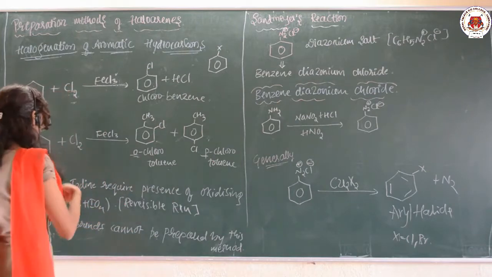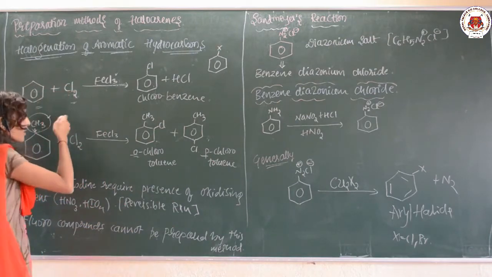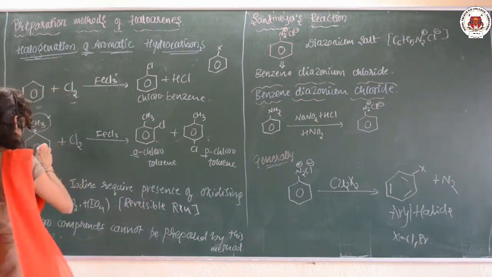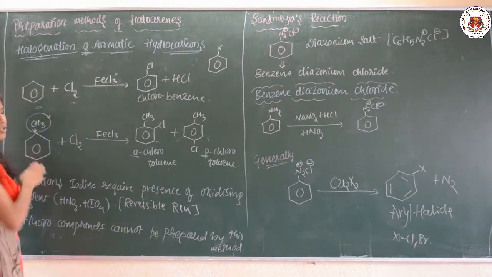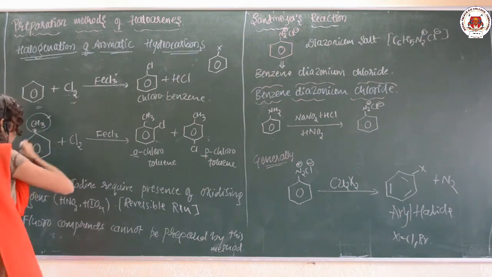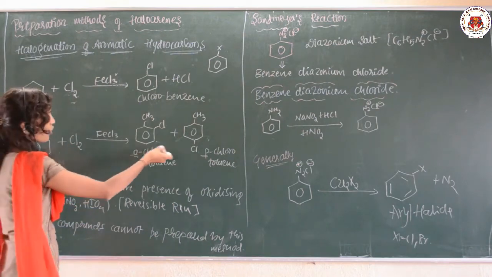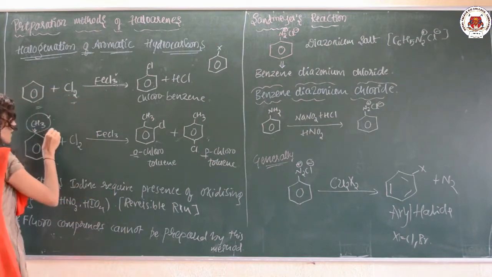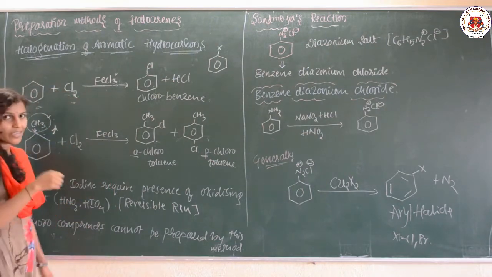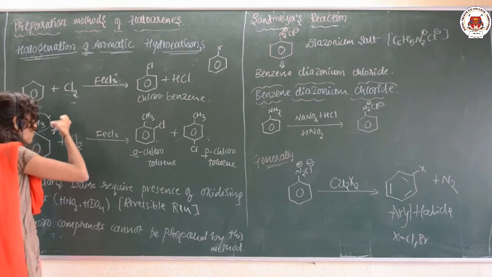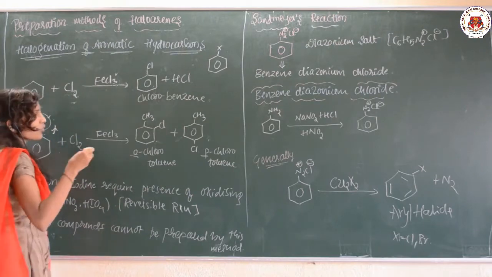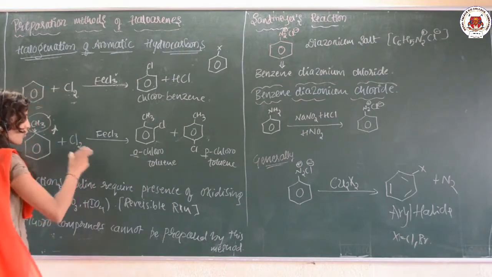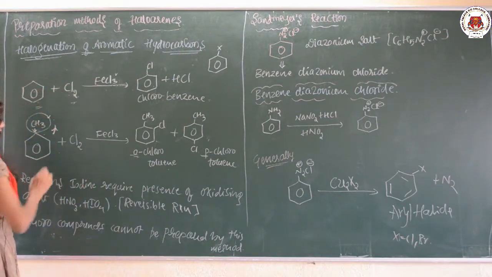And if it is an electron withdrawing group, like NO2, which pulls electrons from the benzene ring, whereas CH3 donates its electrons towards the benzene ring, that is why ortho and para products are obtained. Suppose this group is an electron withdrawing group, it means it itself pulls the electron from the benzene ring, and during that time you are going to get the meta product. So this is by taking the chlorine.